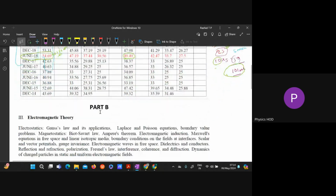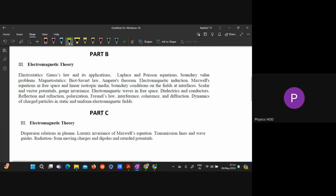Now let us come to the electromagnetic theory part. This is our syllabus. In electromagnetic theory, we have electrostatics and magnetostatics. From electrostatics, we have to learn Gauss's law and its application. There will definitely be one question from this topic. Laplace and Poisson equations, boundary value problems. In magnetostatics, we have Biot-Savart's law, Ampere's theorem, Faraday's law of electromagnetic induction, then Maxwell's